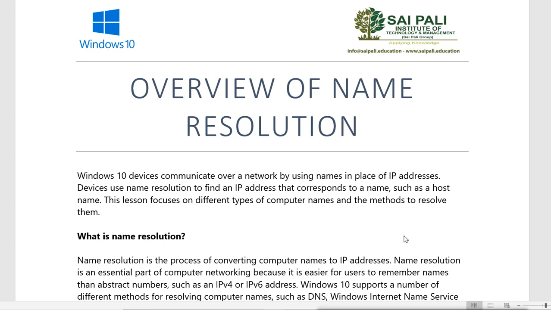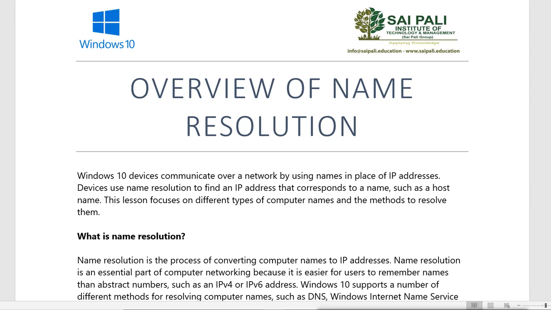Now we are not able to remember the IPs, because an IP is a number, and humans are not able to remember too many numbers. Numbers are very difficult to remember, but we can remember names. As you see in your mobile, you saved all the mobile numbers with names, because you can't remember all those numbers. You have hundreds of numbers in your mobile, but you have saved them with names so that you can easily remember the name, but you can't remember those numbers.